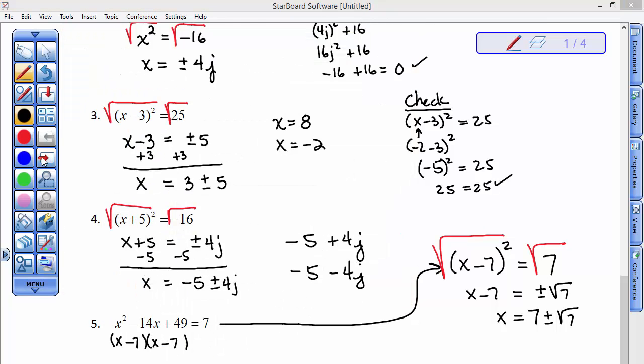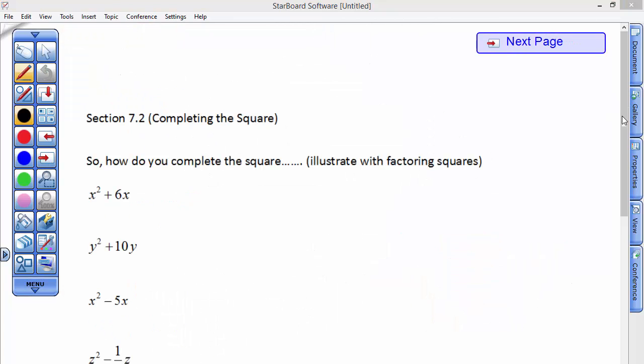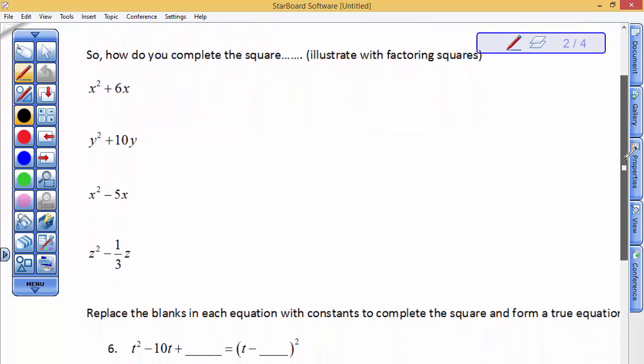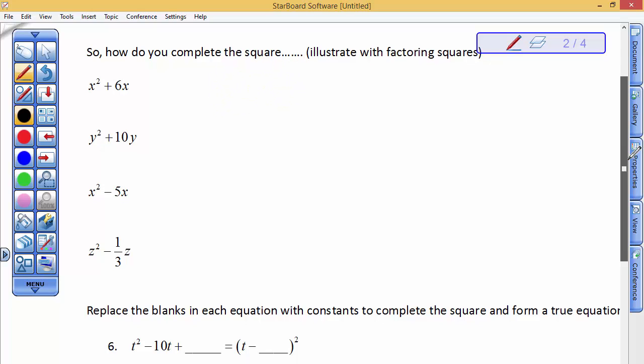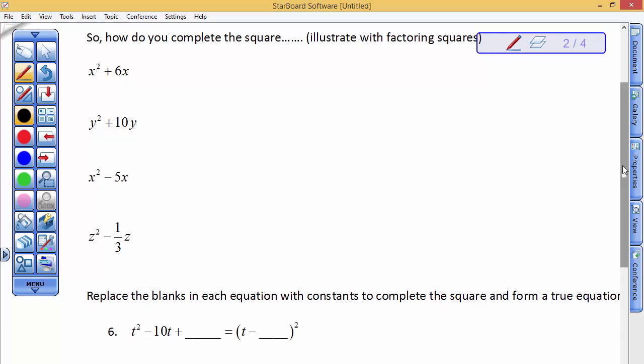I think I'm going to go ahead and introduce the idea of completing the square. So how do you do this? How do you take an expression and make it into a binomial squared? That's the idea in order to take the square root of both sides. Also, I must interject right now that this is a difficult procedure. But without this process, we would not have the method that most people use to solve quadratic equations, which is